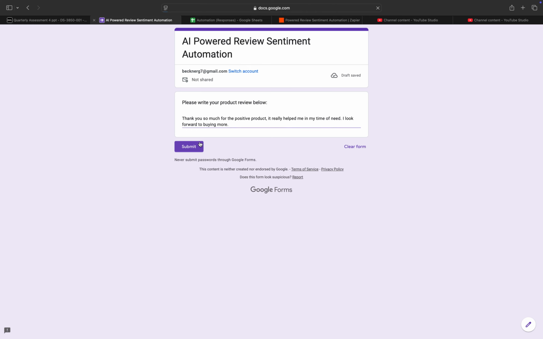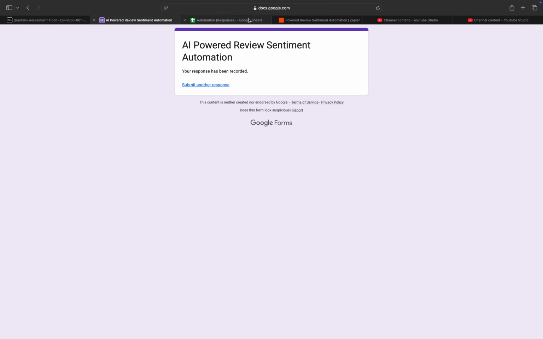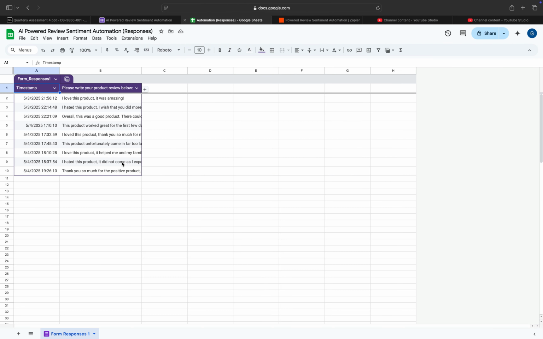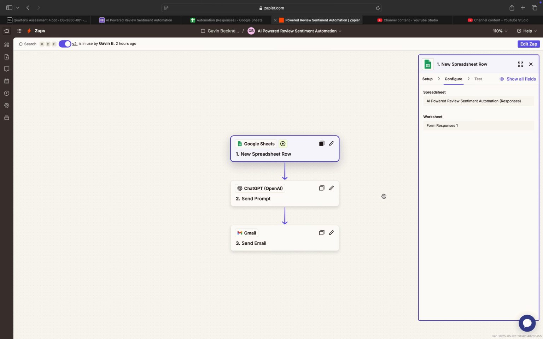Okay, so now we're going to submit this, and once we submit it, you can see here with our Google Sheets form, it just got added here, and it says exactly what we said. So now that's stored in the spreadsheet. So we go back to our Zapier account, and once we do that, it moves down to our second